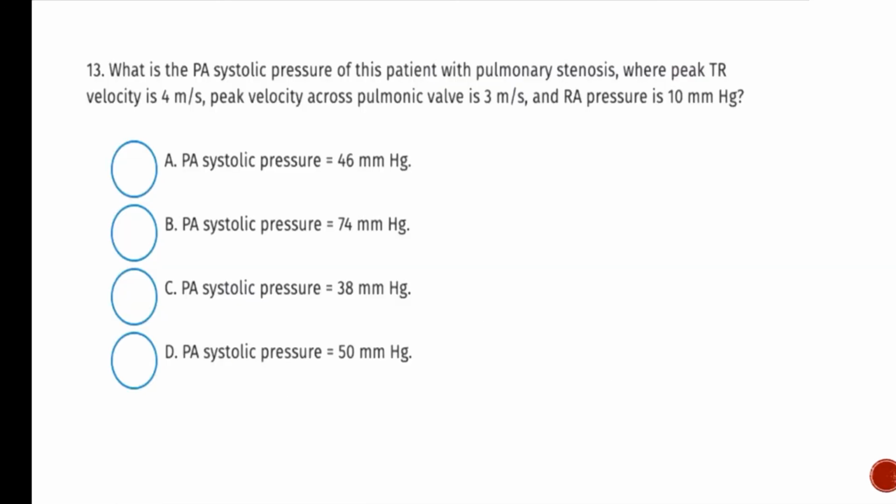What is the mean peak systolic pressure of a patient with pulmonary stenosis where the peak TR velocity is 4, peak velocity across the pulmonic valve is 3, and your right atrial pressure is 10? Okay,